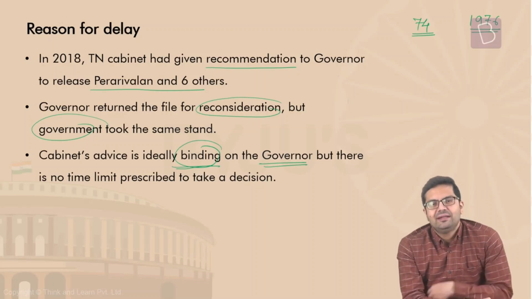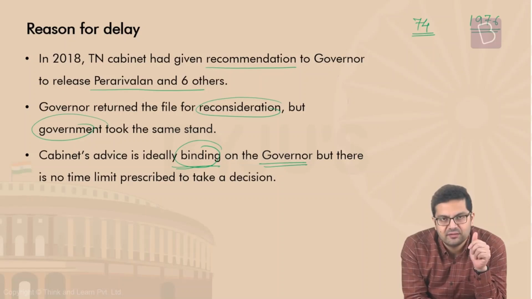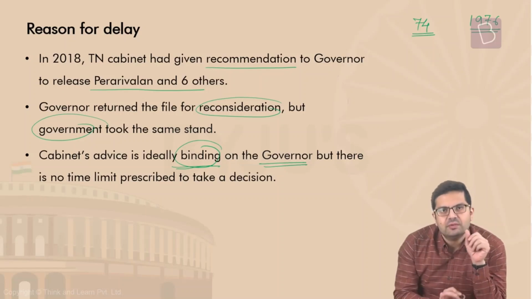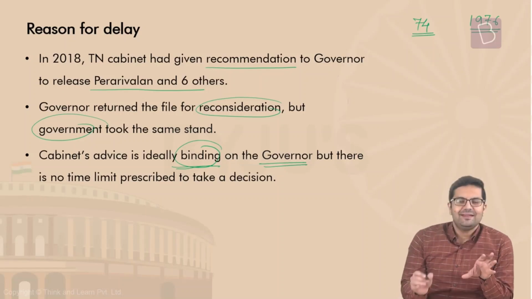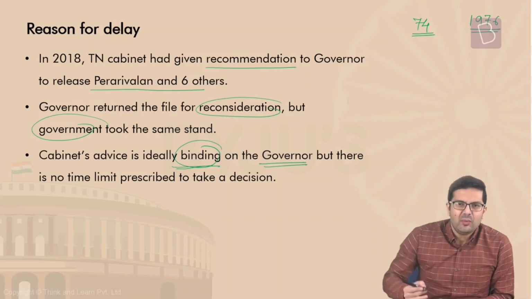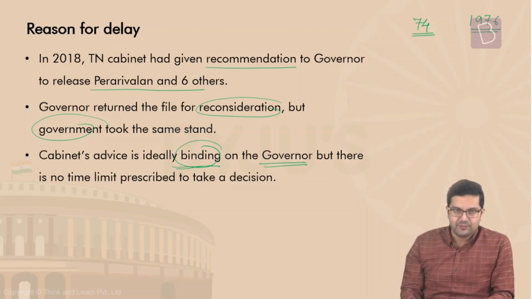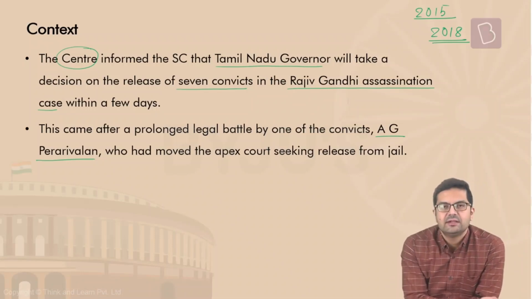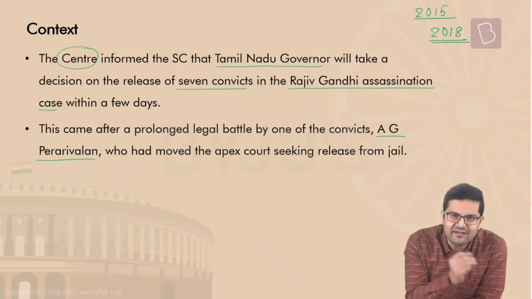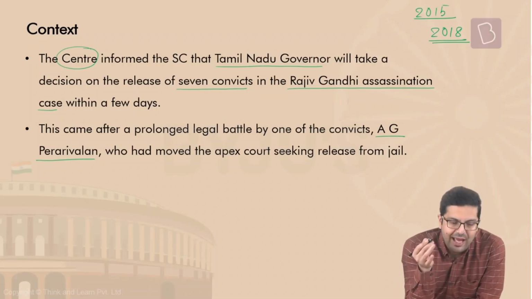We know very well that the real head of the government is the one who runs effectively the state. So it is assumed that whatever advice is given by the Council of Ministers is and should be binding on the governor. But since it is not mentioned anywhere, and also since the time within which the governor should take a decision is not specified, it creates a lacuna, a loophole of sorts. So this is what has happened in the case. But then the centre has also informed the Supreme Court that the governor will take a decision on this particular matter, and rightfully so. Everybody has a right to live as a good citizen,